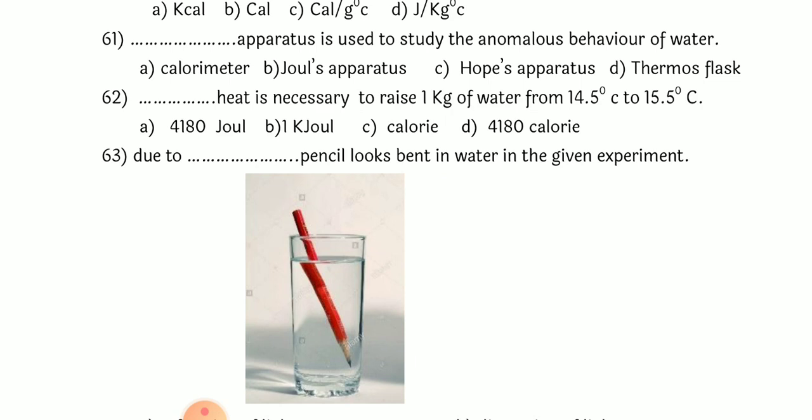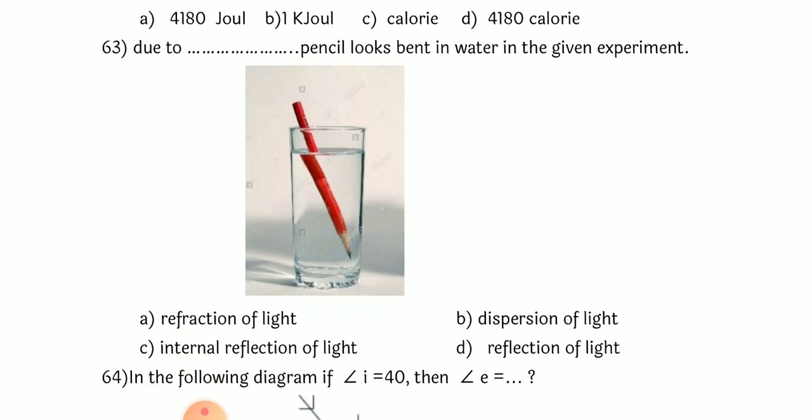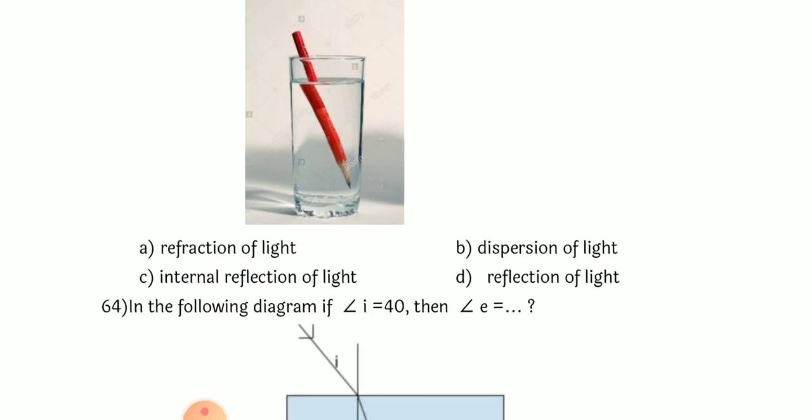63, due to dash the pencil looks bent in water in the given experiment, due to refraction of light. It cannot be internal reflection, it cannot be dispersion, it cannot be reflection, but it is refraction of light. Internal reflection, it will come from inside. If the light is from inside, then